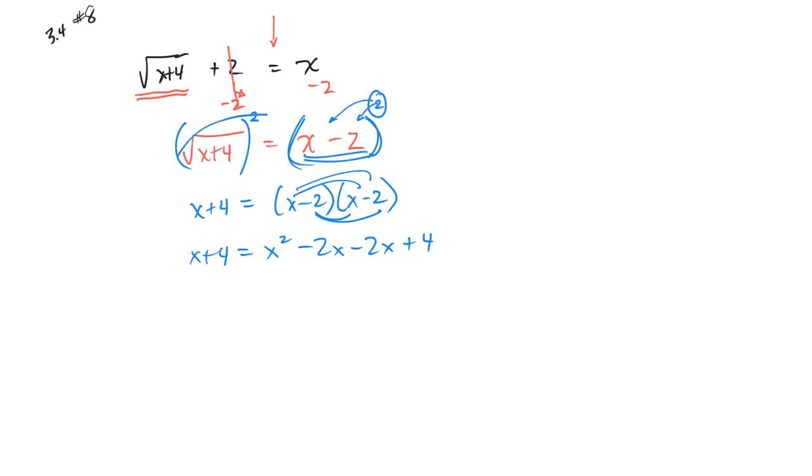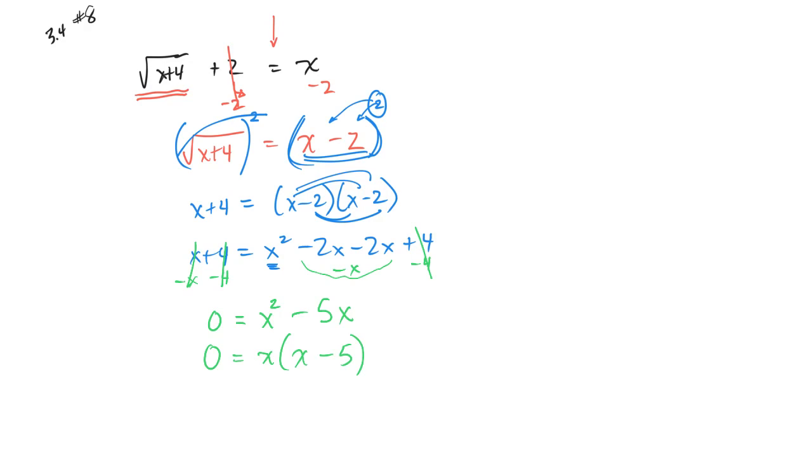Now, since it's a quadratic, I'll bring everything over to one side and make it equal to 0. So I'll have to subtract an x, subtract an x. I'll have to subtract a 4, subtract a 4. So these cancel. So it'll be 0 on the left side. On the right side, I have an x squared. And then this stuff here will be minus 2 minus 2 minus 4, and minus another one's minus 5x. And then all the 4's cancel. Now to solve this equation, I need to factor. Since there's not a third term, I'm just going to take out a common factor. So I'll take a common factor of x out,